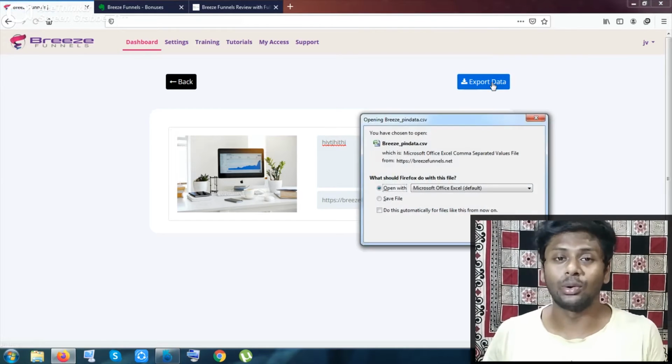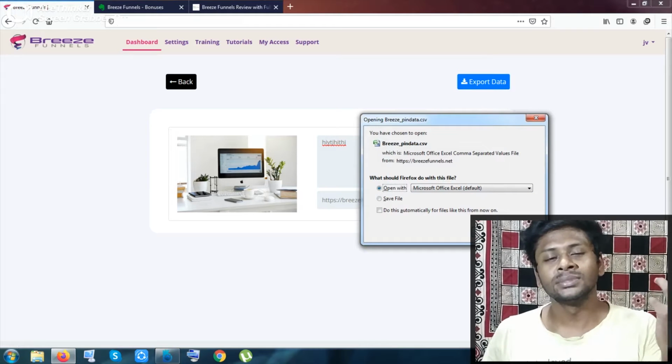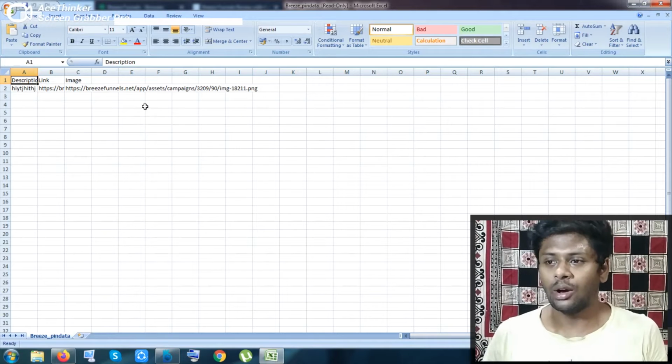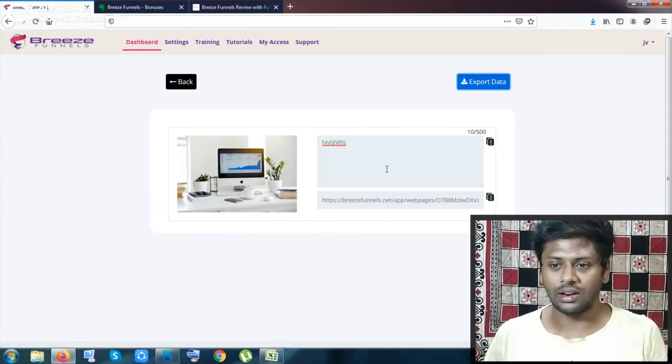You can get the traffic from Pinterest very easily. This is a very unique thing. Whatever I have written here is saved inside the export data, and now you can easily spin any content taken from Pinterest, and you can write it down here, or you can rewrite it.